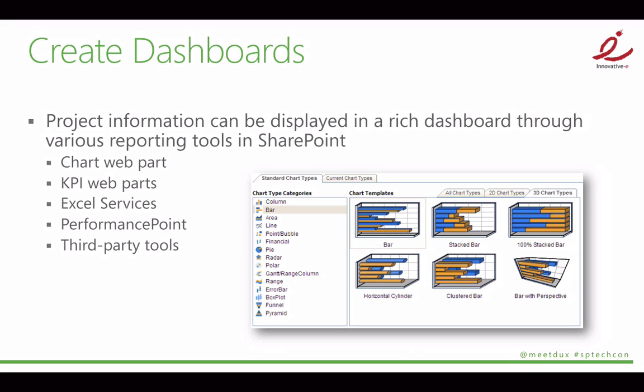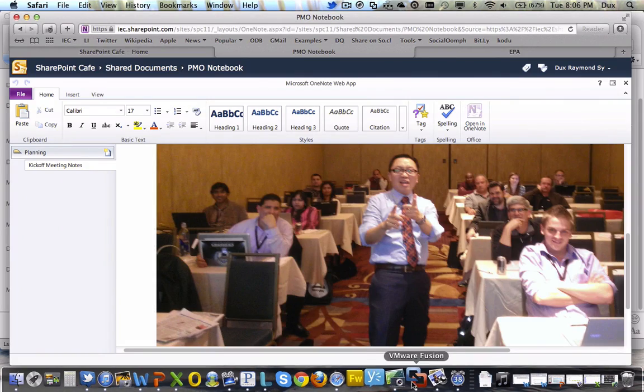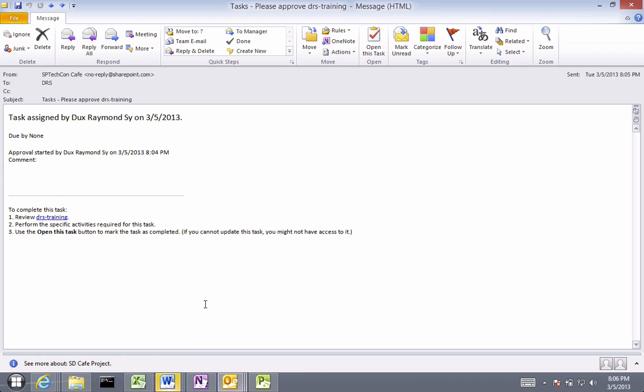Another aspect, from reporting, we're still going on time, right? Is reporting. There's a lot of reporting options in 2010 and 2013, much more. So there's a lot of different scenarios you can use. So let me show you one scenario. So one of the things I described earlier is that,